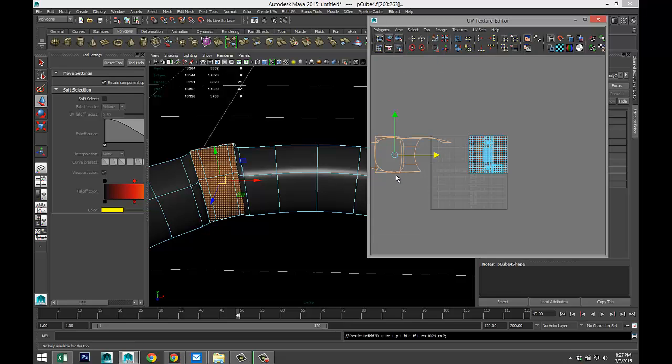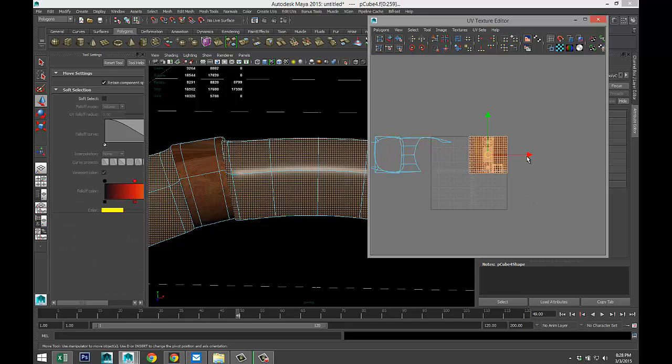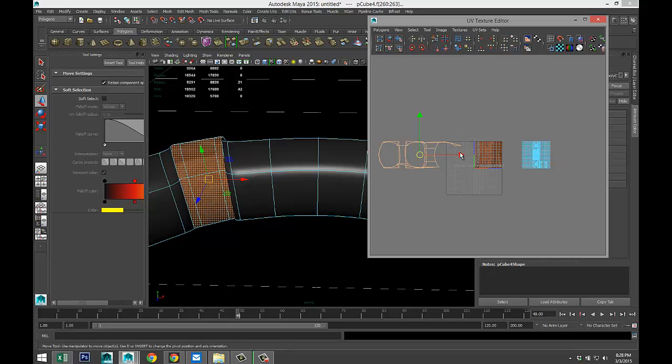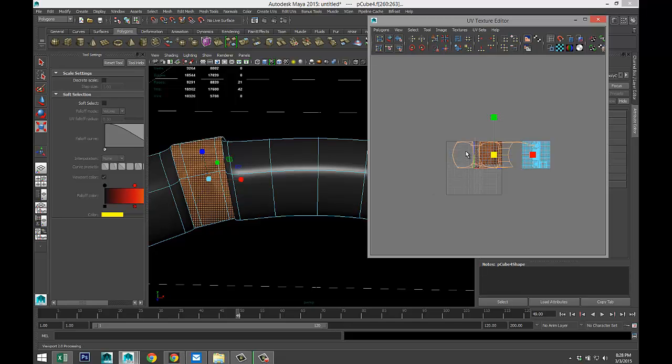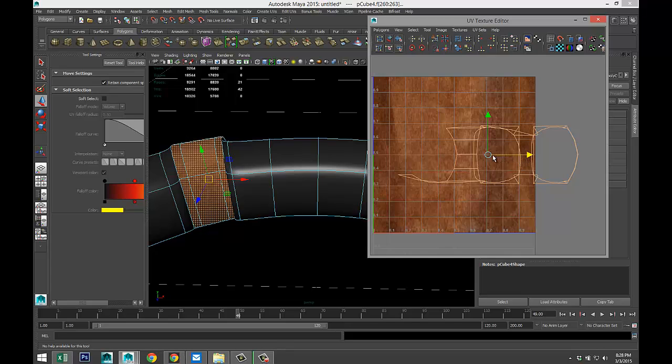Polygons. Unfold. I think that actually doesn't look bad. We'll get this stuff out of the way. Take this guy, move them in. Hit R. I have to zoom in and pull that guy in here.